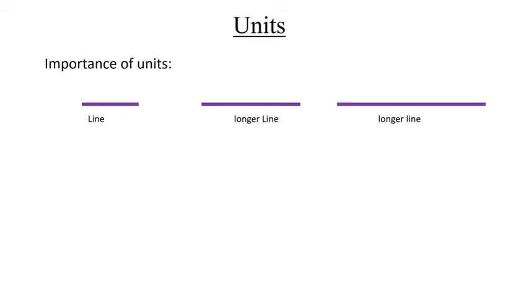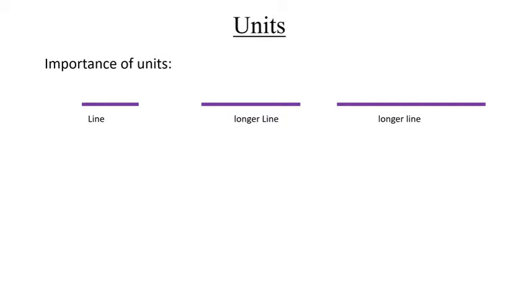Now, you can describe these lines to another person as a long line, a small line, a longer line. But does it give any exact idea to that person? No. Now, if you're doing important things like measuring distance from one place to another, you can't say they're very far away. You can't say that Guwahati and Delhi are very far away, and also say that Delhi and Mumbai are very far away. You're using very far away for both, but the distances are not the same. So you need to be able to say exactly how long that is.